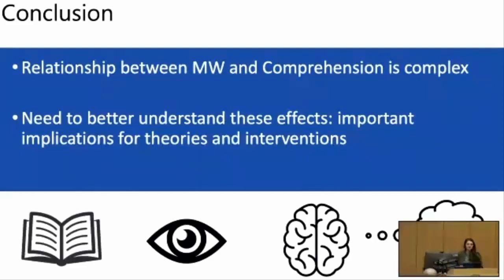So this research is a push towards filling in those gaps that the Wong et al. meta-analysis brought to light, but it's only a very small step because we need to replicate this data and we need to include these time points and these depths in more research. We found that the relationship between mind wandering and comprehension is complex, and some of these findings are non-intuitive, but it's important for developing and improving computational models of mind wandering. For instance, those that aid in the detection and intervention of mind wandering.